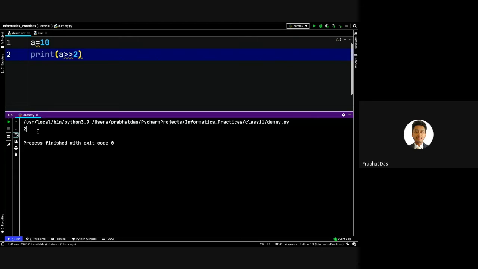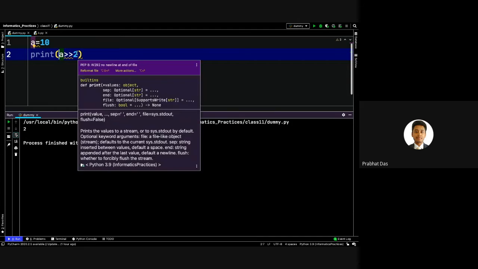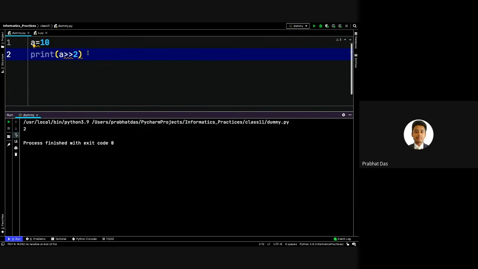So shift right will remove the digits from the right hand side, depending upon the number of digits you want to remove, which you pass as a value. On the left hand side you pass the exact digit, and on the right hand side you pass the number of digits that you want to remove. The same goes for shift left. Here we pass the original digit, and on the other side the number of zeros to be added.